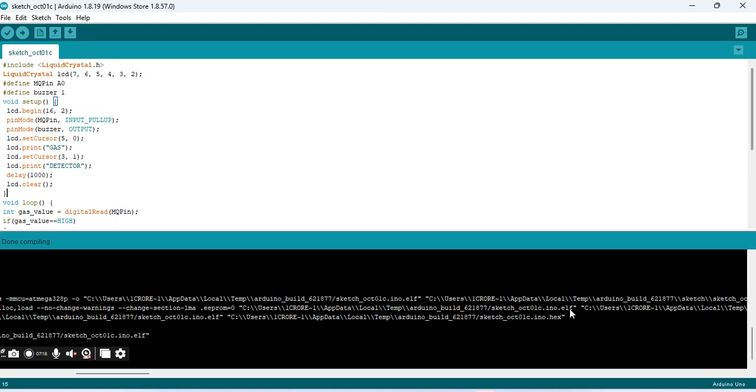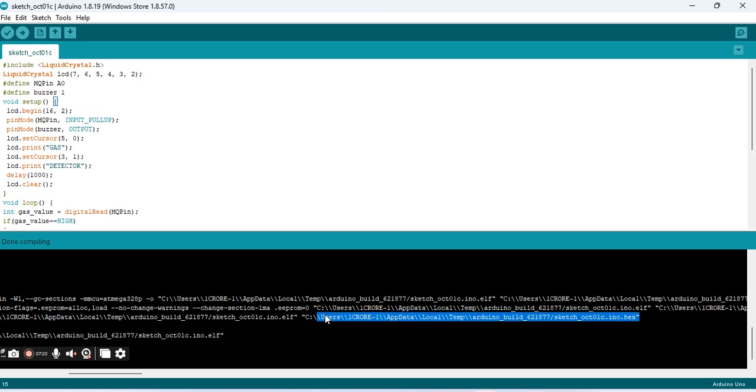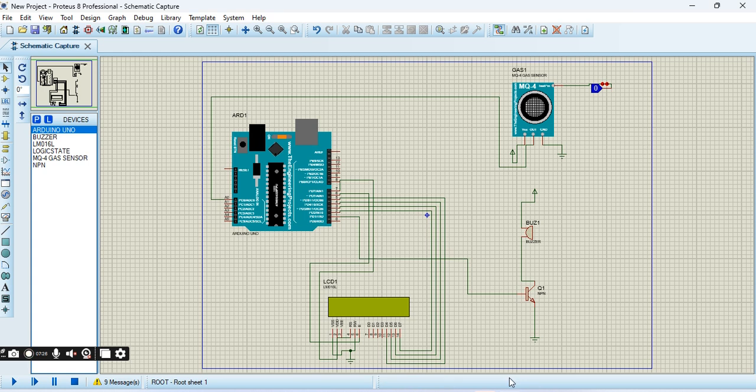So extract the hexadecimal file. Here you can find the hexadecimal file. Till here you can copy it, and I am going to the simulation I have shown before. Now this is our simulation. The Arduino board is connected to